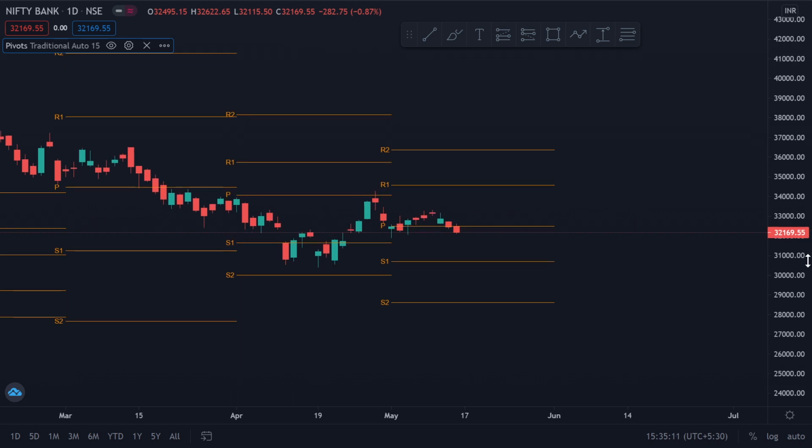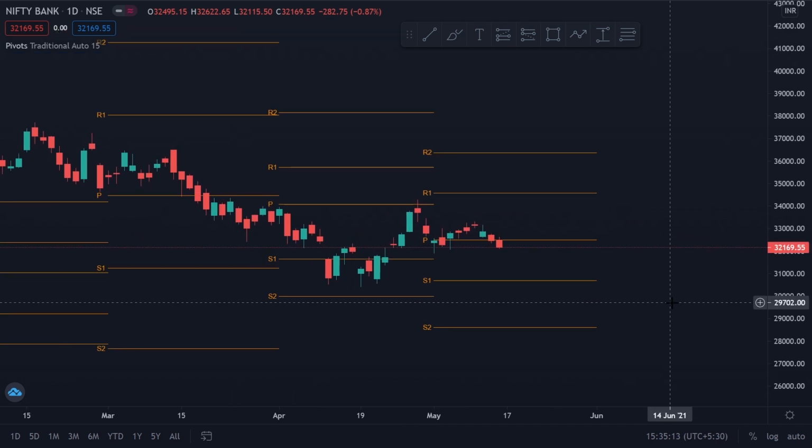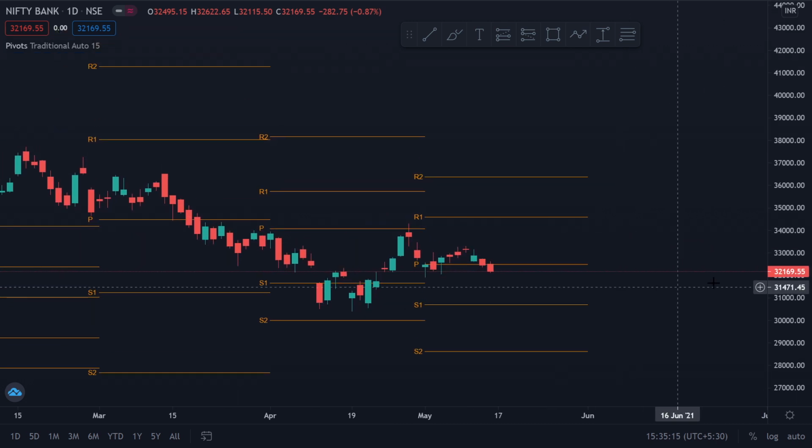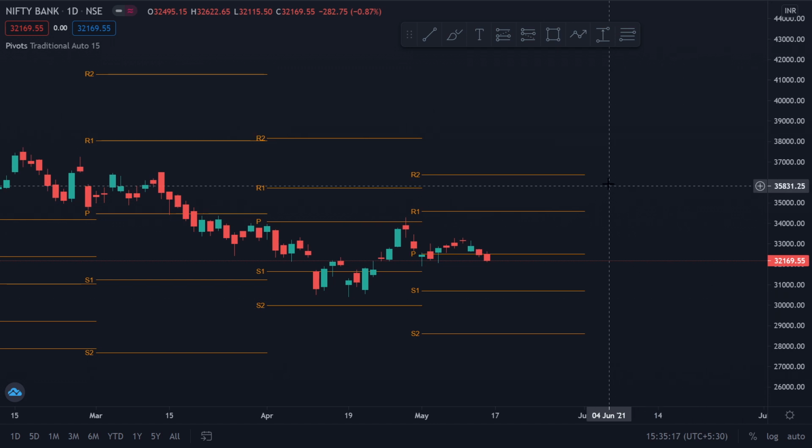So we end up with 5 lines, and you won't need more than these in most cases. Maybe in some rare cases you may need more than this, but in most cases this looks clean, the charts look good, and you won't even need to go further. So how are these levels calculated?